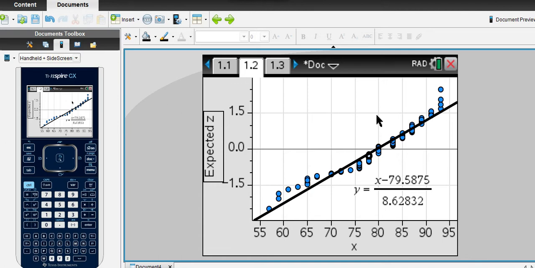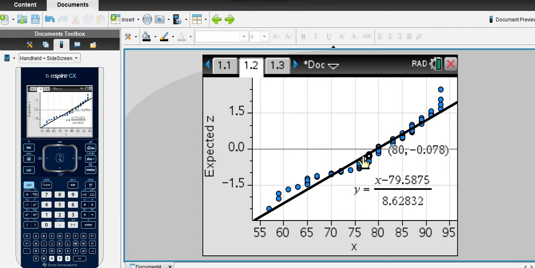Okay? So this is now the line that we wanted to make. If the dots are close or on the line forming a linear distribution, then we can tell that the distribution is approximately normal.